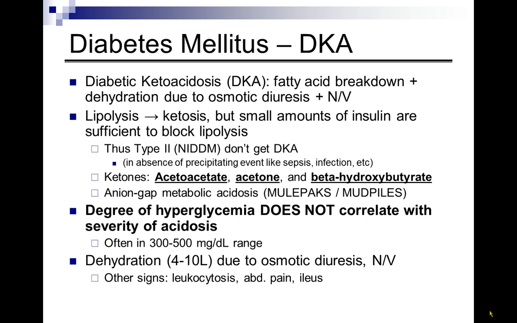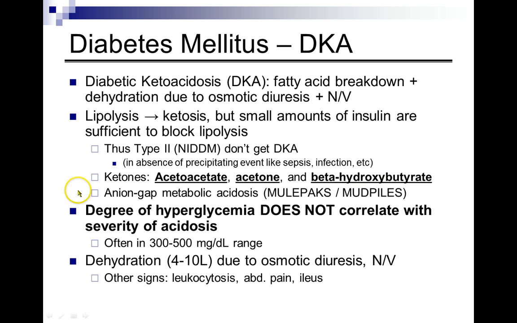Now, only small amounts of insulin are required to block lipolysis, but in a type 1 diabetic who has no insulin, this process goes out of control and they go into ketoacidosis. So therefore, healthy people, even who eat an ultra low carb diet and are ketotic, will not go into ketoacidosis. Theoretically, the same should be true for type 2 diabetics, who do have some amount of insulin on board. However, we do see that a subset of type 2 diabetics are able to go into ketoacidosis, and this usually happens when there's a precipitating event like sepsis or infection.